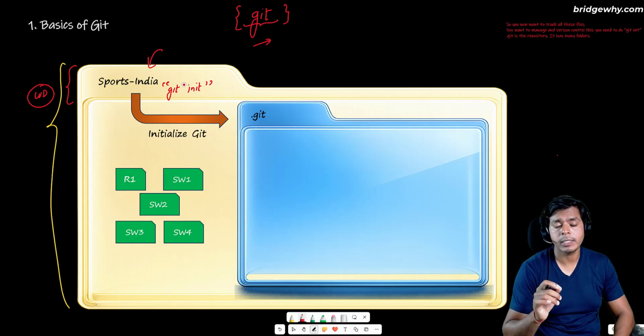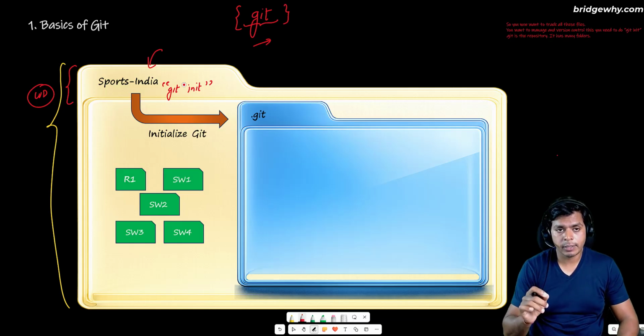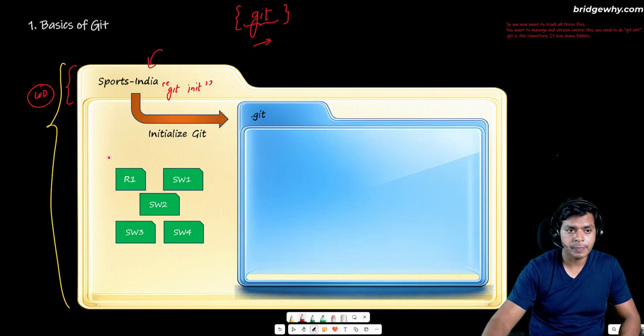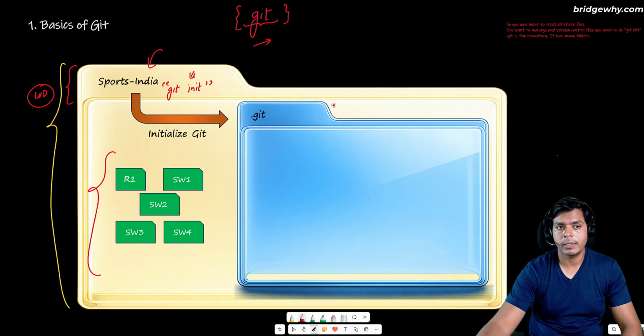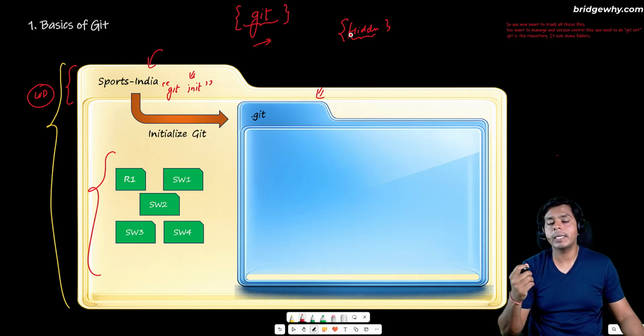The meaning of git init is that Rahul is saying, Git, please track Sports India. Please help me in version controlling Sports India and whatever files are inside it. As soon as you write git init, the Git software itself is going to create a folder inside Sports India, and this folder is going to be a hidden folder. I think we all are engineers here and we all know how to see a hidden folder inside a particular folder,